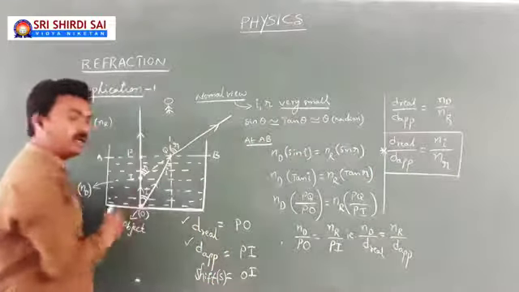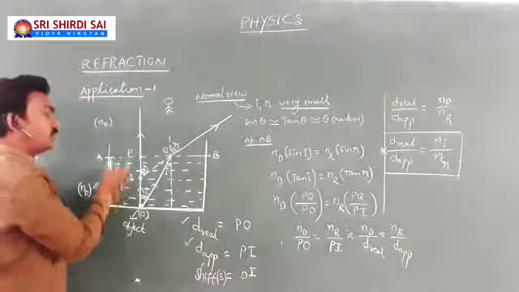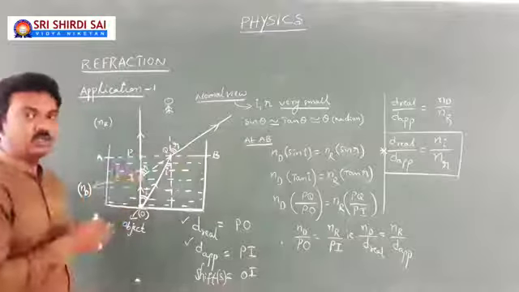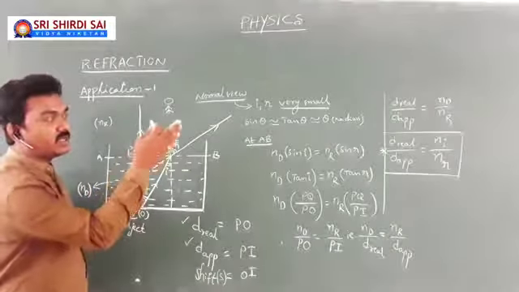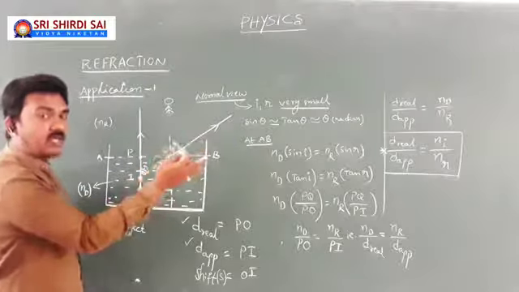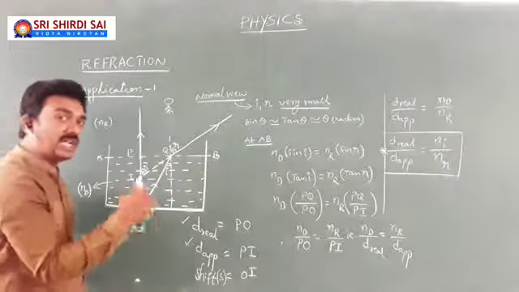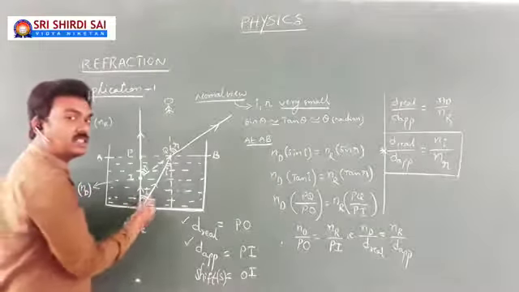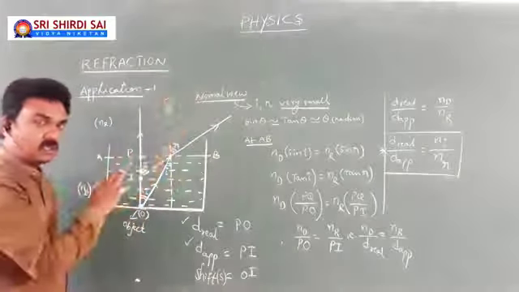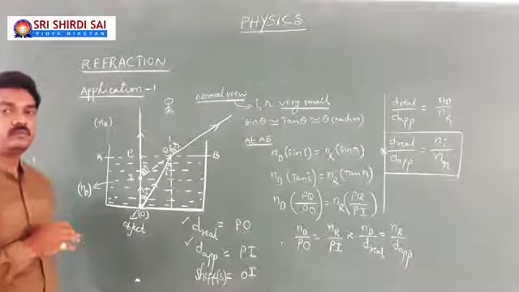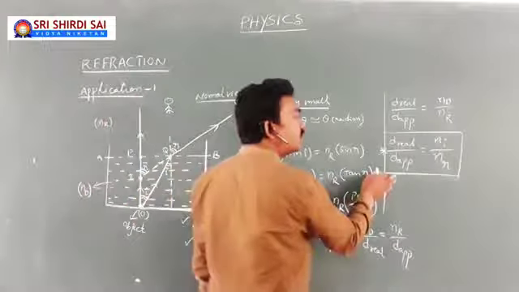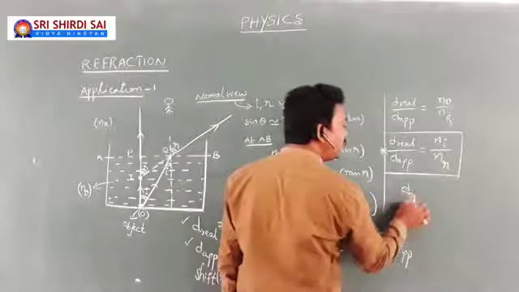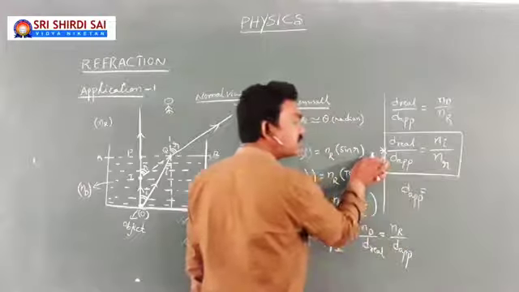So when the light is refracting at an interface, as object in denser medium, observer in rarer medium, the ratio of real distance to apparent distance is equal to the refractive index of the medium in which light incidents divided by the refractive index of the medium into which light refracts. In this particular case, the object is in denser medium, light is incidenting in denser medium, so the numerator is denser and the denominator is rarer. Once you remember this ratio, when you come across the apparent distance concept, it is very simple.